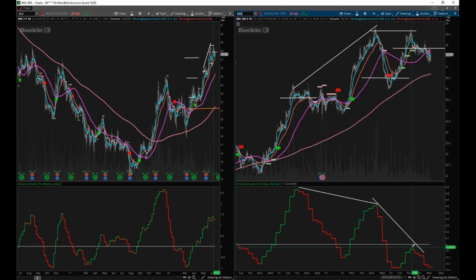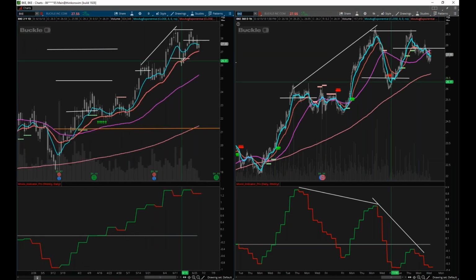It's telling us that energy is negative, that it's below zero, and eventually that's going to continue to pull price down, and that's exactly what it did. So I actually liquidated all of my position right here. I bought a little bit more here as it bounced off of the hourly 200 and also the daily 21. You can see that those line up on each other.